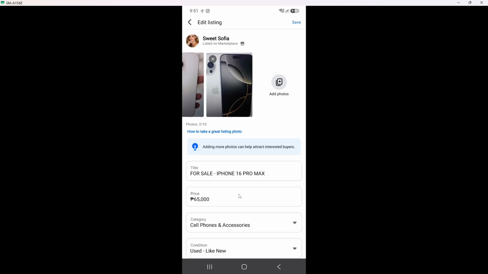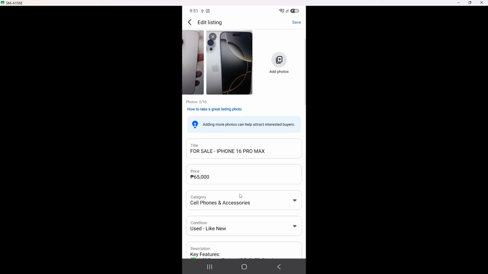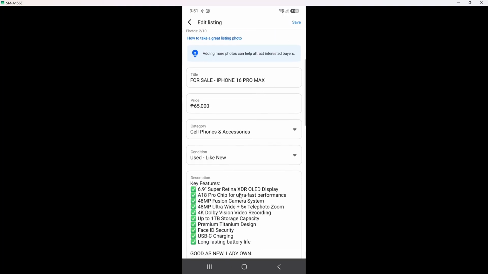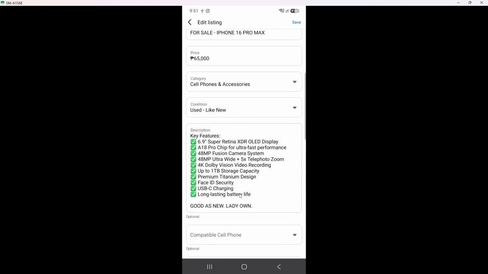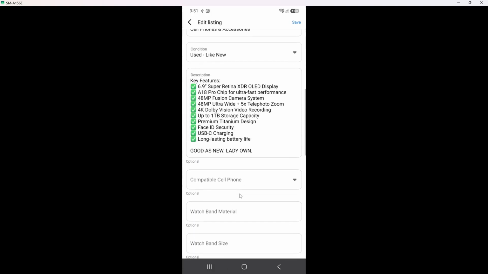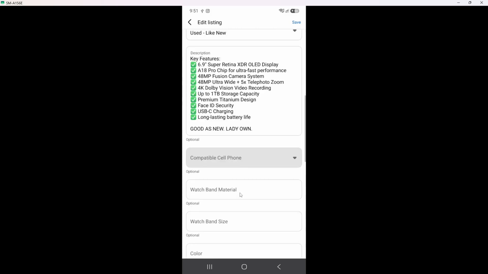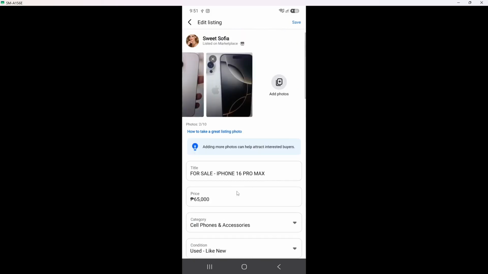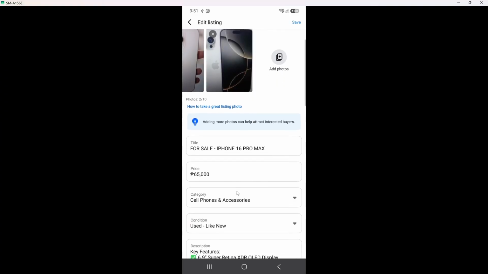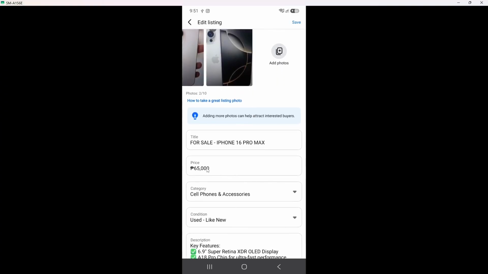Now make your changes. Tap on any field you want to update, such as the title to fix spelling, or the price to increase or lower it. You can also adjust the description, category, or photos, depending on what Facebook allows for this type of listing. Changes usually take effect as soon as you save, so if you do not like something you typed, you can simply change it again before you finish.